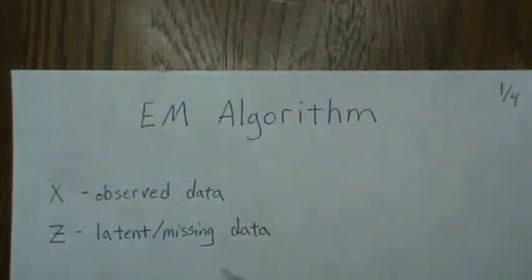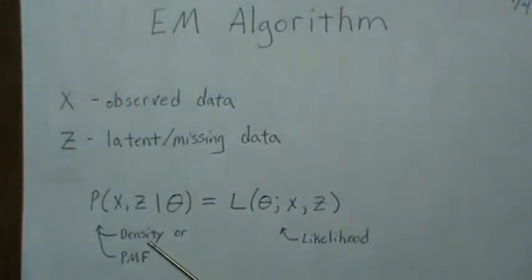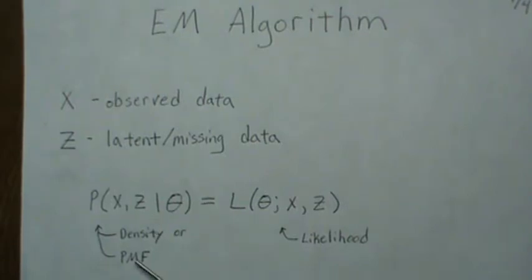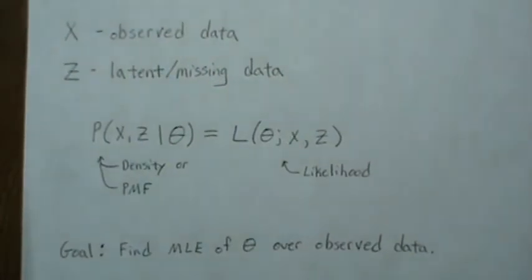Here we're going to assume that we have some observed data, X, and Z is a latent or missing data. We do have a probability density or a probability mass function if they're discrete, and the likelihood is the same thing, but thinking about the parameters as variables versus the actual variables. So the goal is to